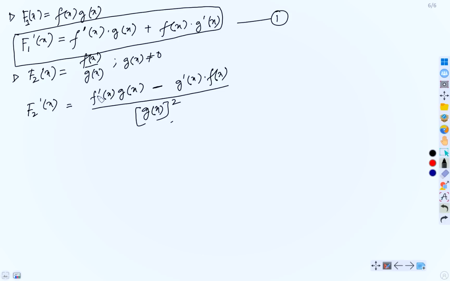Observe again, you first differentiate f. Let's start from here. You have f(x) by g(x). What is the differentiation then? You first differentiate the numerator, that is f, and then multiply this with the denominator, that is g(x). Then, for the time being, forget the symbol. Then you differentiate the denominator, then multiply with the numerator. Once you did, then put the negative symbol between them.